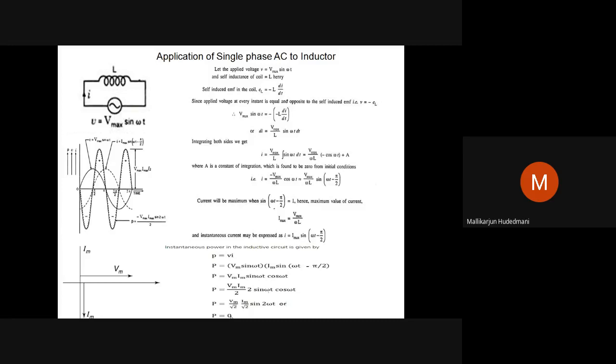You may have a question: show that, prove that an ideal inductor will not consume any power. Then you must prove up to the end that power is 0, and you have to draw the waveforms to show that the area of the power curve over a cycle goes to 0. So power is 0, show that, prove that would be a question, or current lags behind the voltage by pi by 2 would be another type of question under this heading.